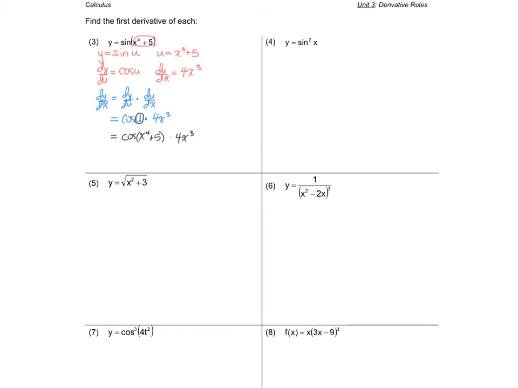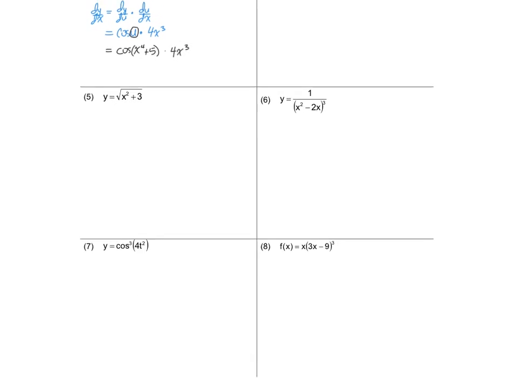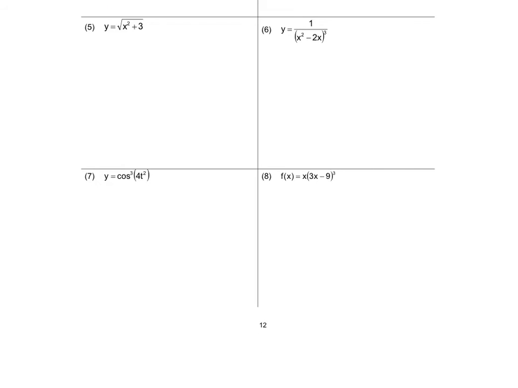But let me hop on down to number 7, because 4, 5, and 6 are things that you can handle based on what we've gone over together. But 7 and 8,